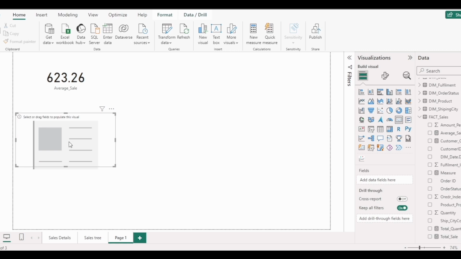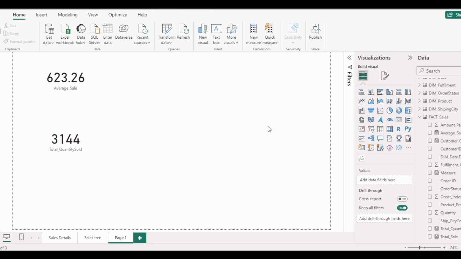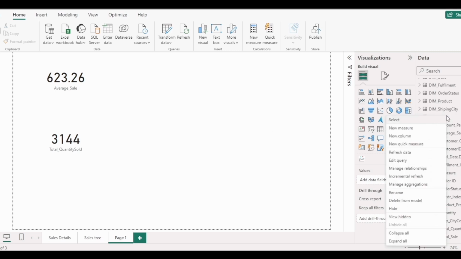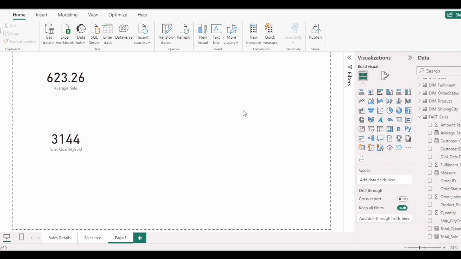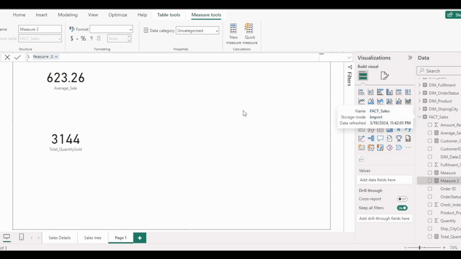You just have to drag and drop this quantity onto this card. This is the total quantity that was sold by the client. The next one is we have to calculate total sales. For that, we have to create a new measure on fact sales. With the help of that we can create a new formula on the formula bar,